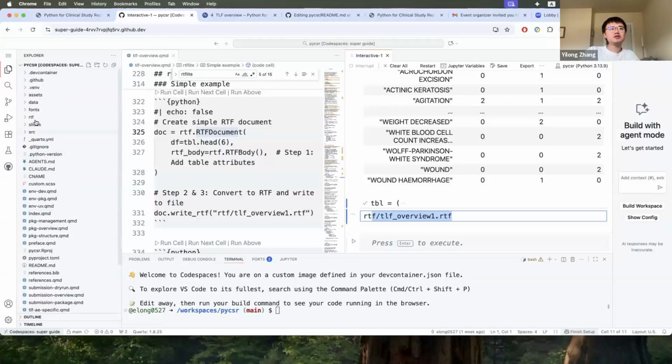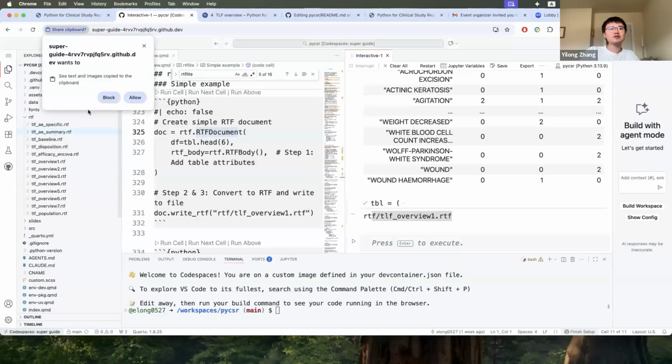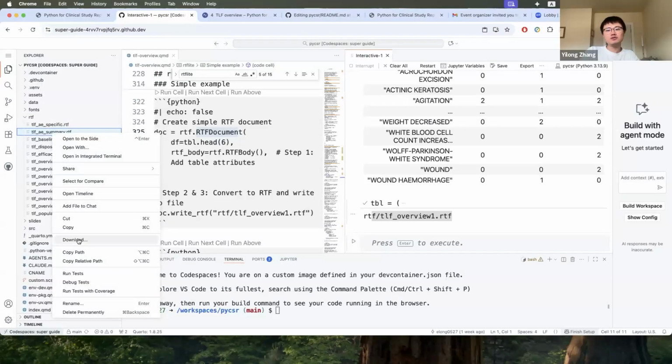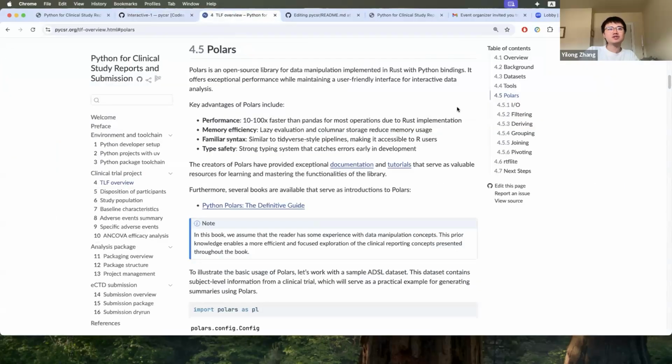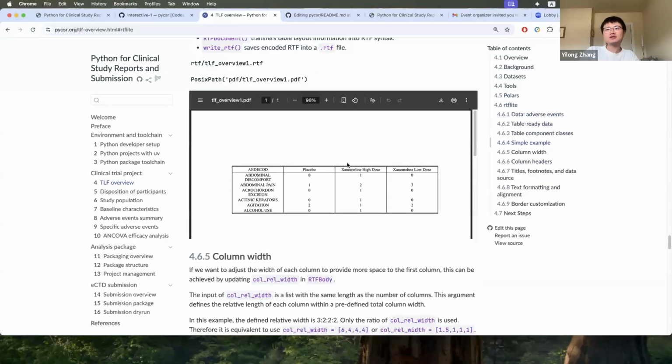So that's how in the project, you can see all the RTF files have been pre-calculated, but we cannot preview directly in this environment. If you are interested, you can either just download the file to your local, so you can open from Microsoft Word, or you can just look into our GitHub code base. There's already a PDF version over there, or more conveniently, just look at the book that already has the examples rendered for you like this. Right? So that's all the different ways you can try.